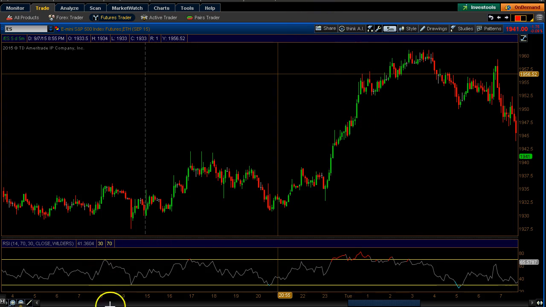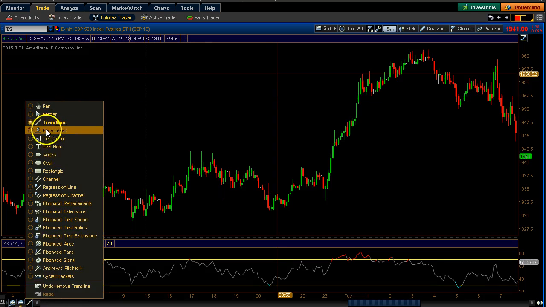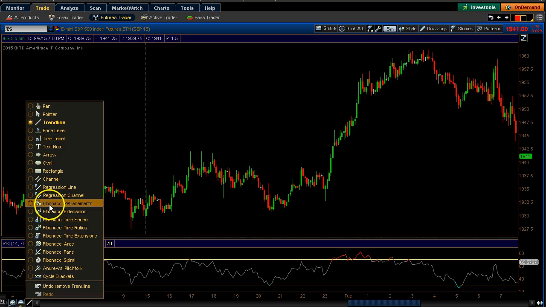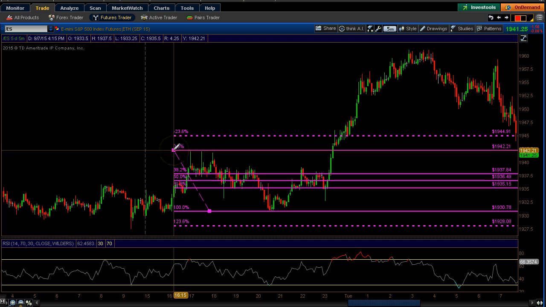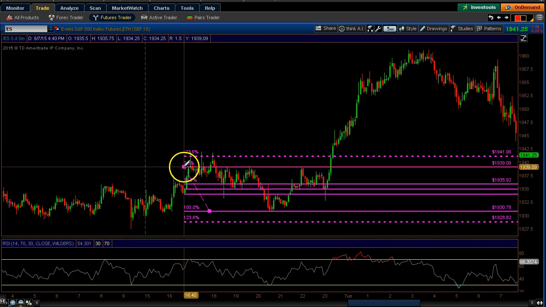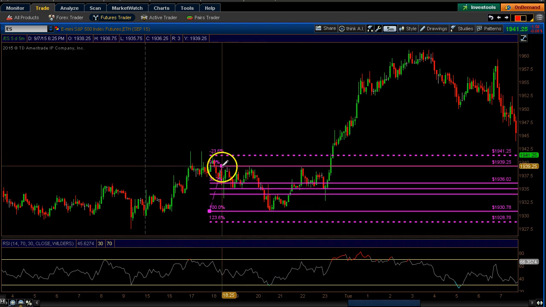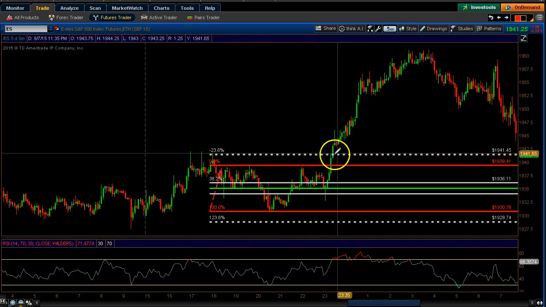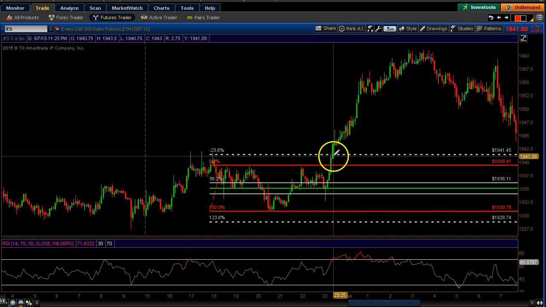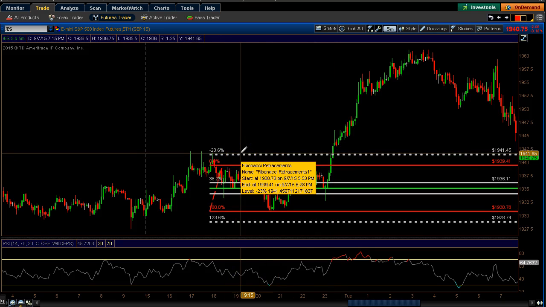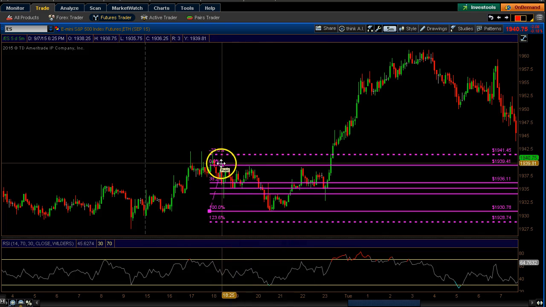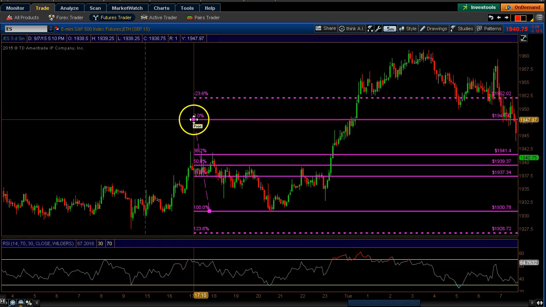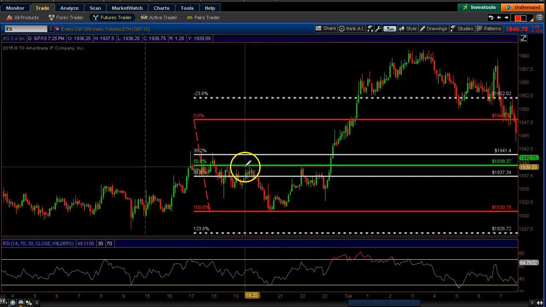Now remember, inverse head and shoulders, the way I like to trade these is I don't necessarily trade the pattern, but I trade the completion of the pattern. So I look for, take my Fibonacci, right? First thing I'll look for is the first target, which you could see we touched and then we pulled back a little bit, of the minus 23.6. And then the second pattern is where we take the Fibonacci to the halfway point, okay, right here, and